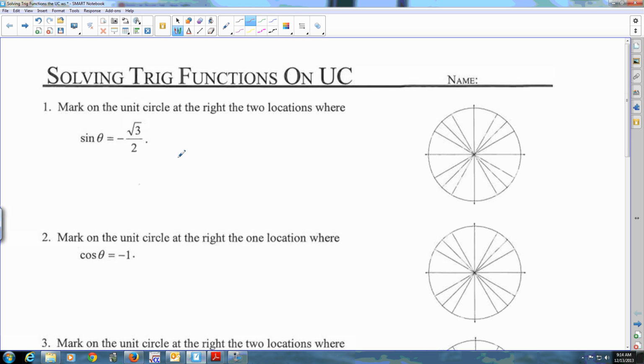Okay, guys, this is practicing stuff on the unit circle. This first question says sine of theta is negative square root of 3 over 2. So it's asking you, where's your y value negative square root of 3 over 2? What you should get from this is, and I'm going to go back and review some things on the unit circle,